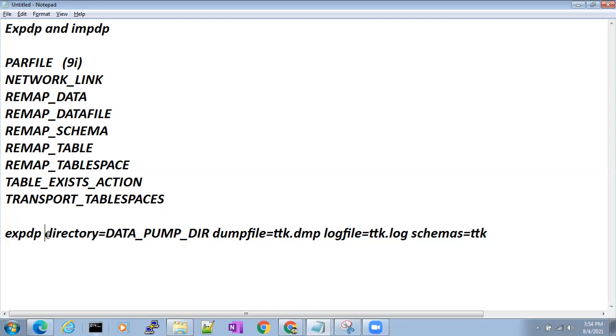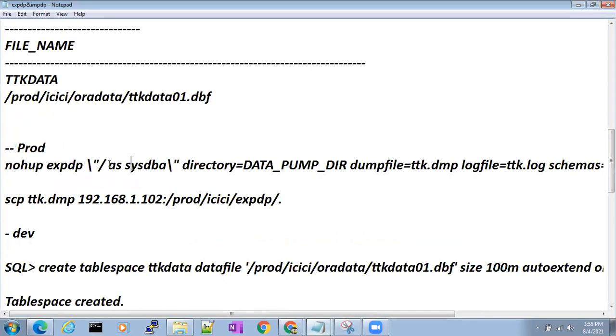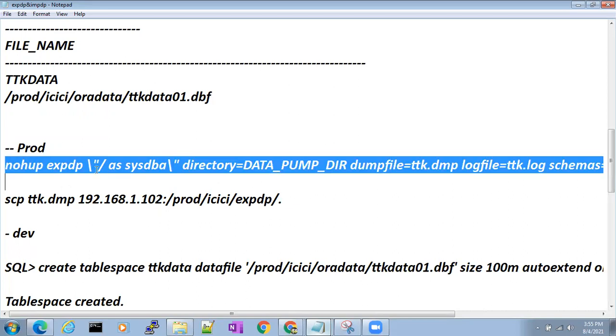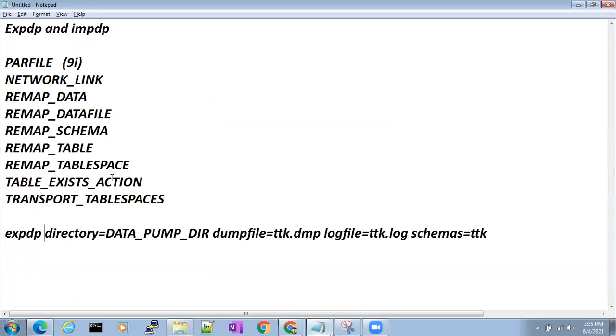But if you give / as sysdba here and run it in the background with nohup, it will not even ask for the username, because we are already including the username in the syntax, like / as sysdba. So this syntax will not ask you the username, it will directly run the export. In the same way, it will directly run the import also.